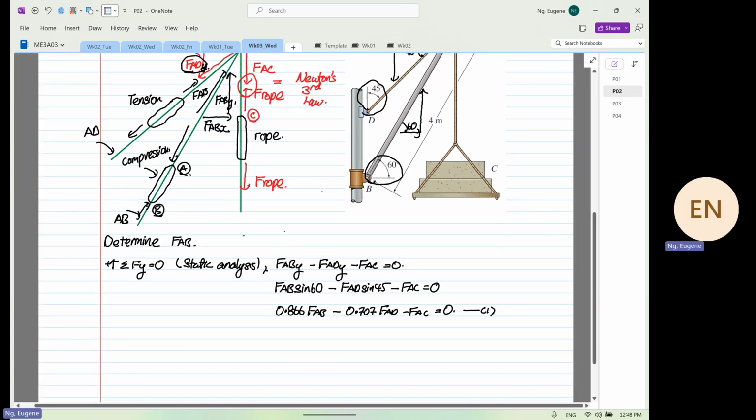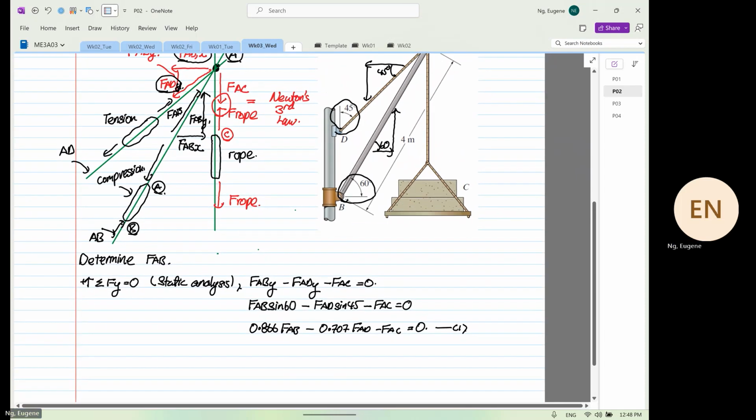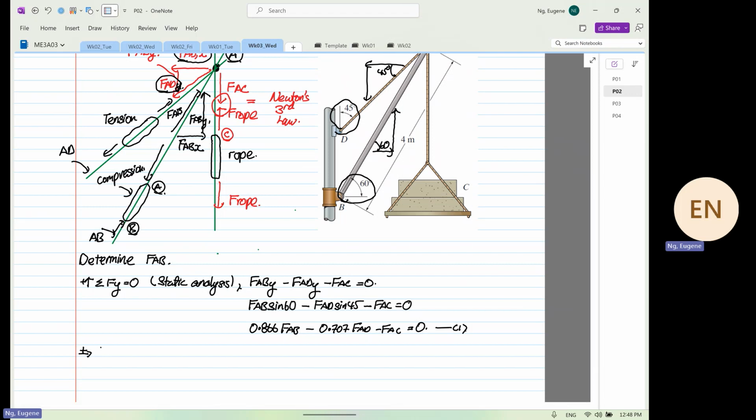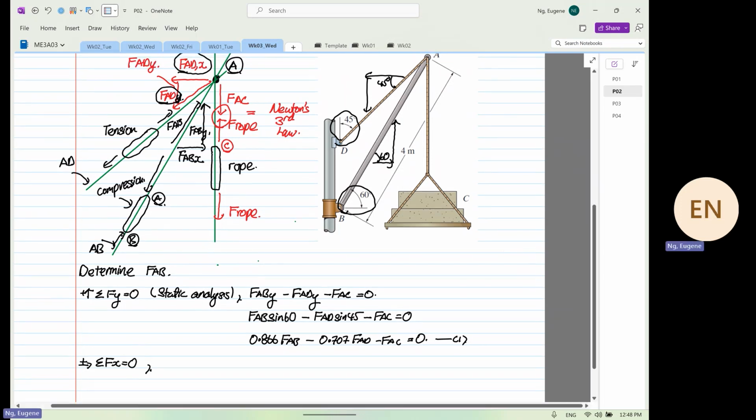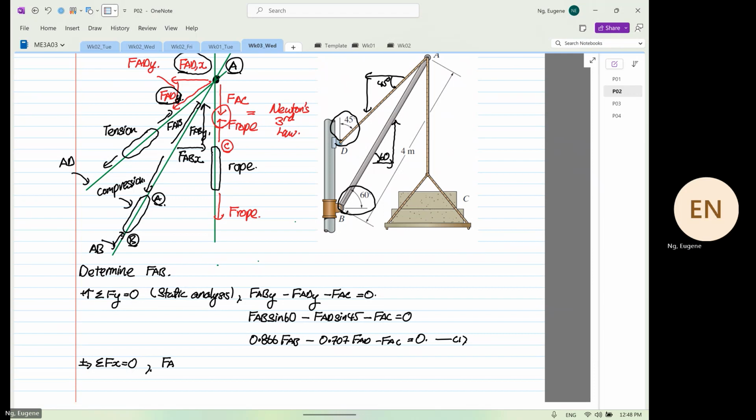This is just purely very simple static analysis, as you can see. And then the next thing we do is the summation of forces in the x direction equal to 0. So in the x direction, we only have two components, right? So FABX minus FADX is equal